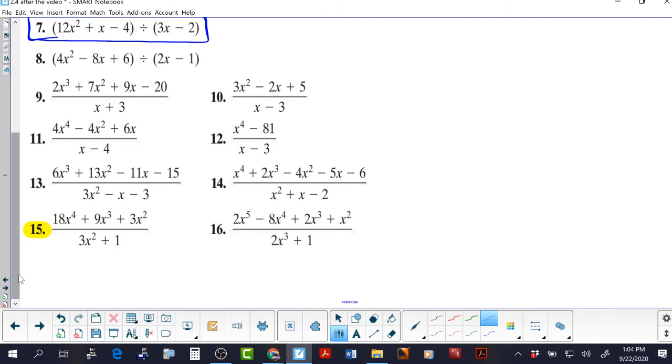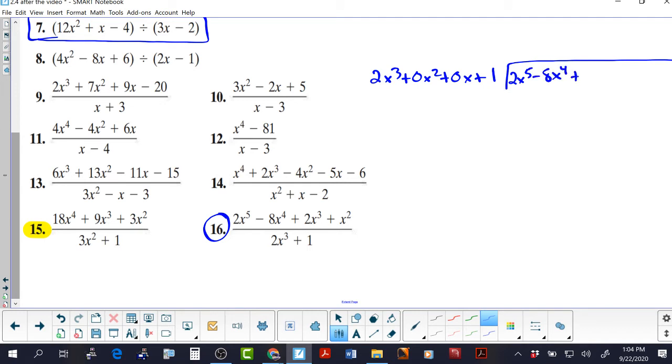How about we try 16? 2x to the third plus 1, divide that into 2x to the fifth. Let's back up. We have 2x to the third plus 0x squared plus 0x plus 1. And we're dividing that into, hopefully I'll have enough room here, 5,